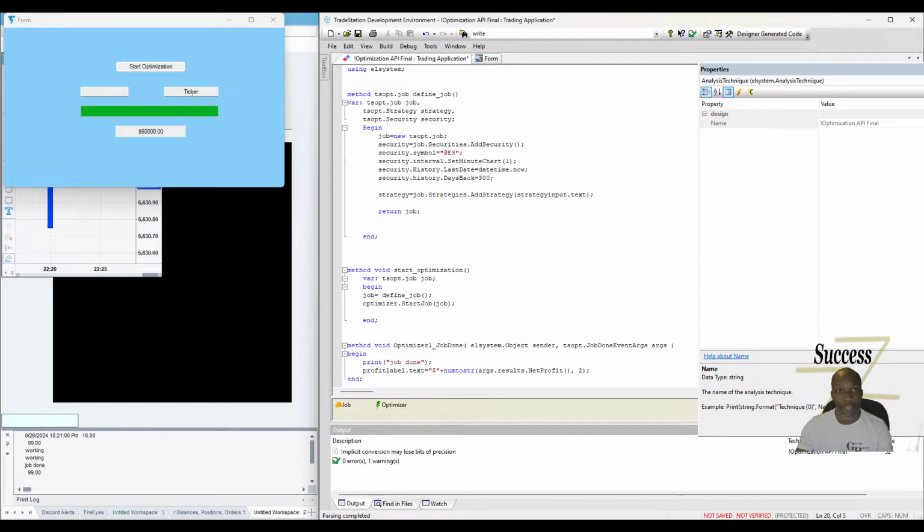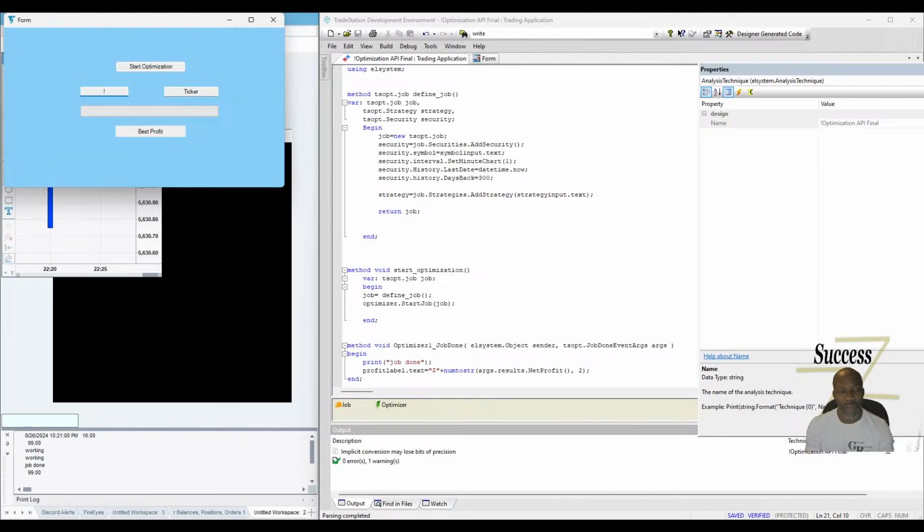Okay, and we're going to do the same thing for here. For ticker, the ticker is going to be, I think it was symbol input dot text. This stuff couldn't be much easier, man. I mean, it couldn't be much easier. All right, so this first one here, we're going to go over here. We're going to put, and